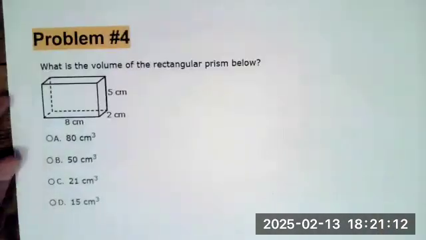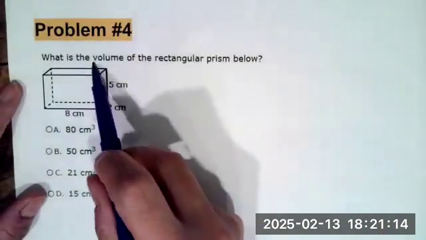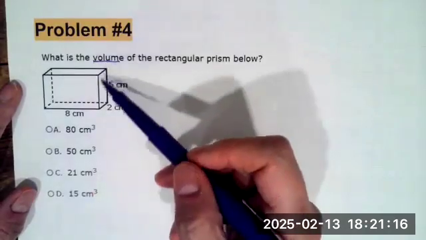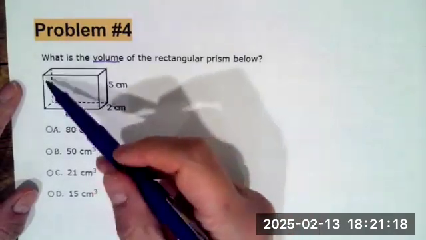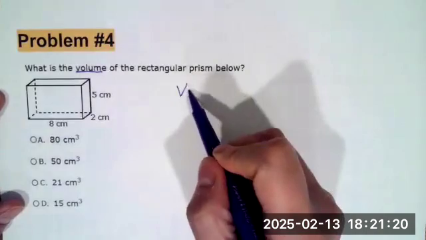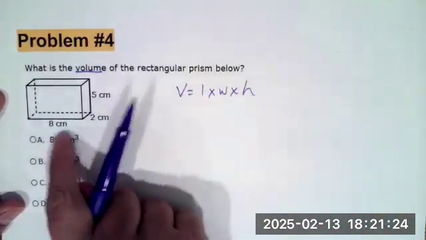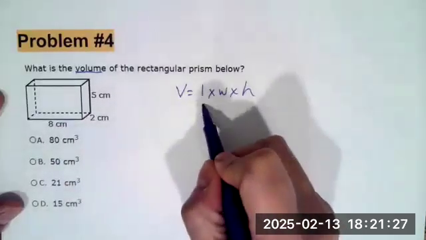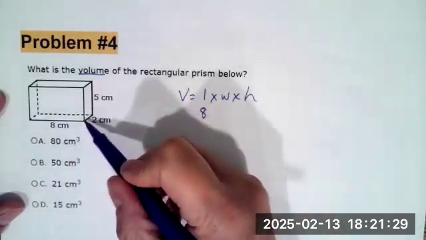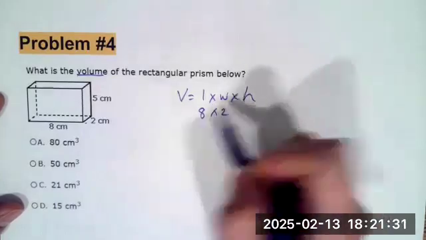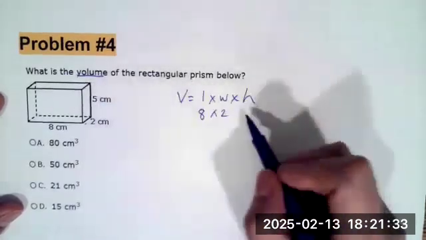Okay, here we go. Oh, volume. What was our equation to find the volume? Remember, we're trying to find out how much space gets taken up in this shape. And volume equals length times width times height. And so the length we know is the longest one is going to be 8. The width goes from here to here. That's times 2. And the height is going to equal 5